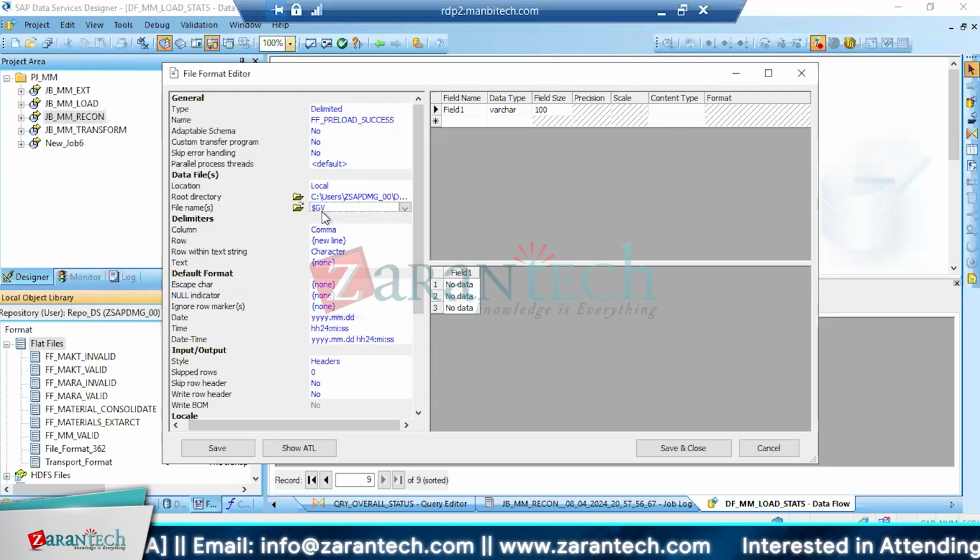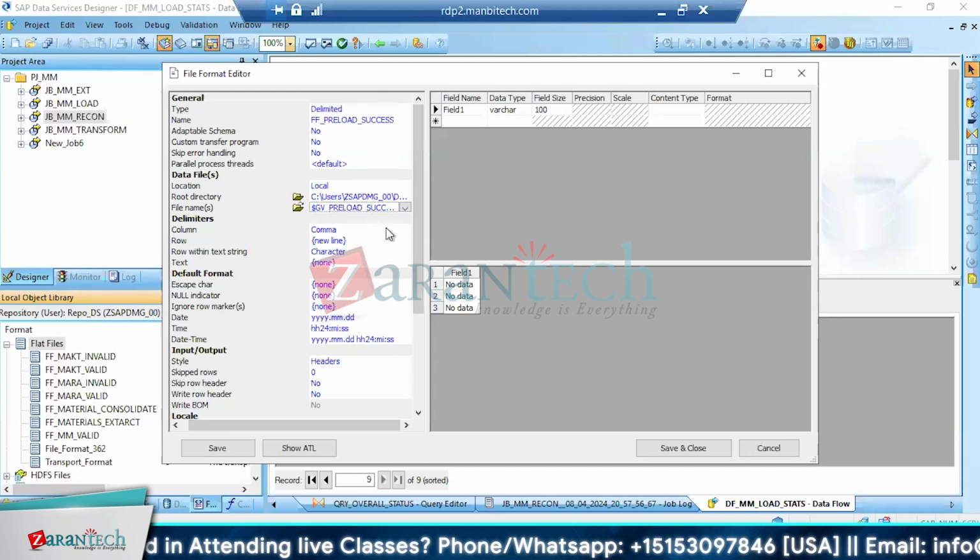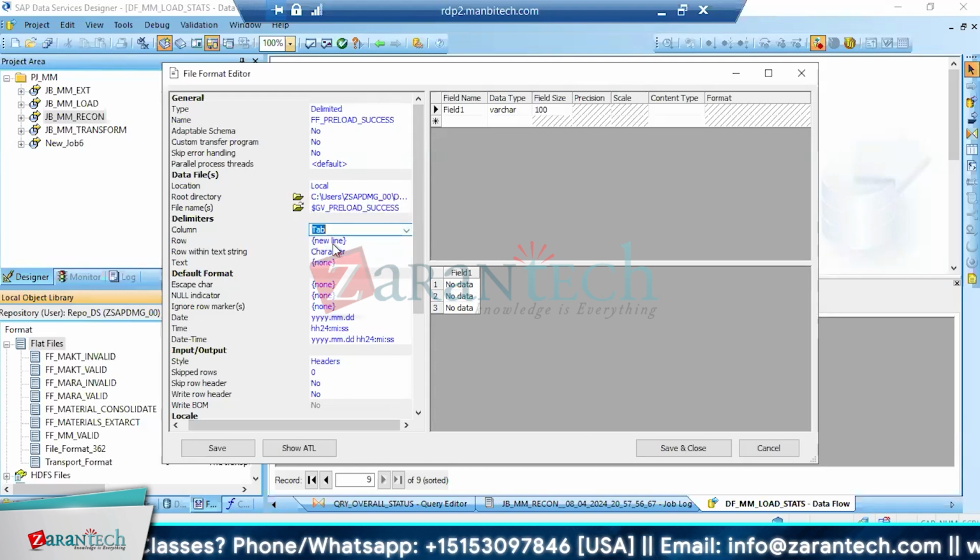Dollar global variable underscore preload. This is dollar. Okay. Now I will just keep it like this, tab, and then I will